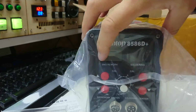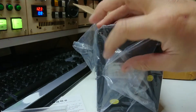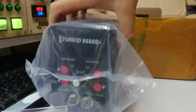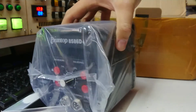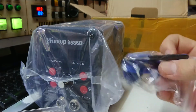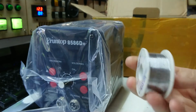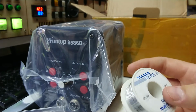So yes, SMD rework temp and soldering temp, run both at once. IEC plug on the back. I'm going to guess there's a switch mode supply in here, but it's actually suitably heavy, and it's a metal box. Wow. Okay. I'm actually quite seriously impressed at the moment. Now, I've got millions of this kind of kit from iPhone repairs. Spare solder. Okay. Solder wire, 1mm. Okay, yeah, I've got 1mm,